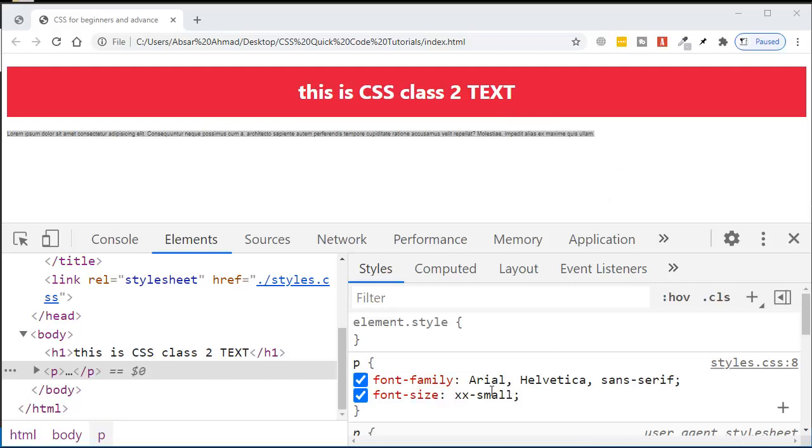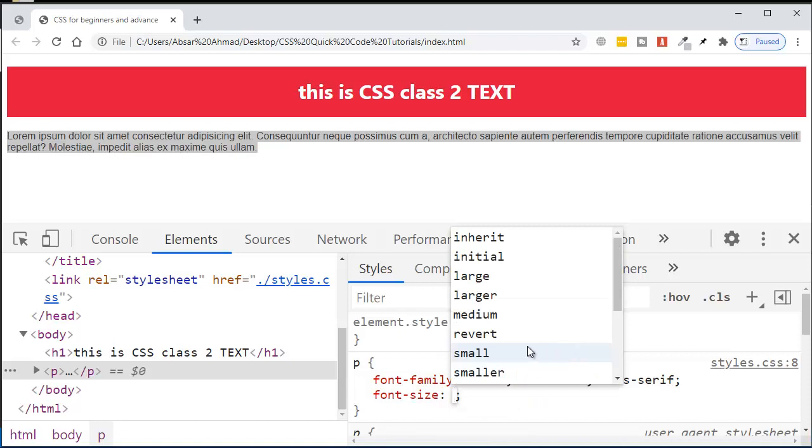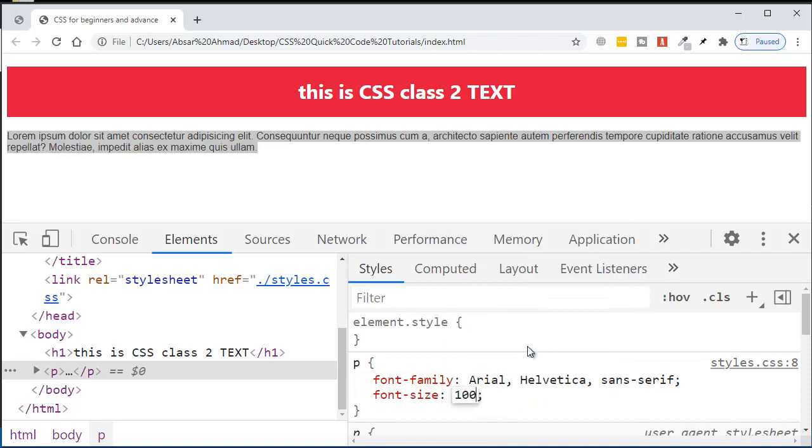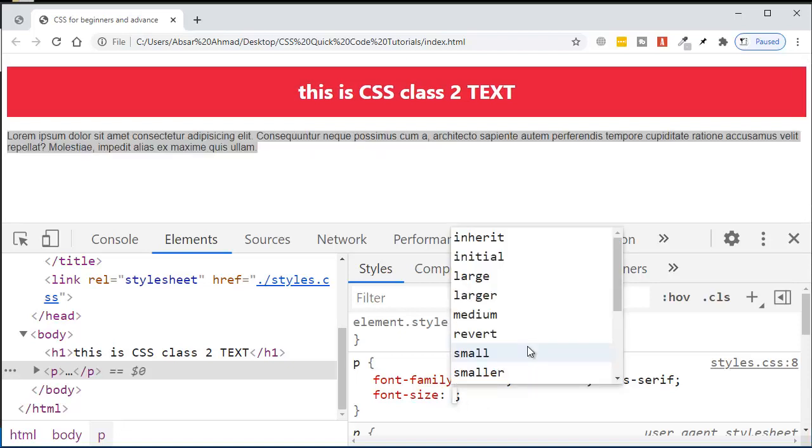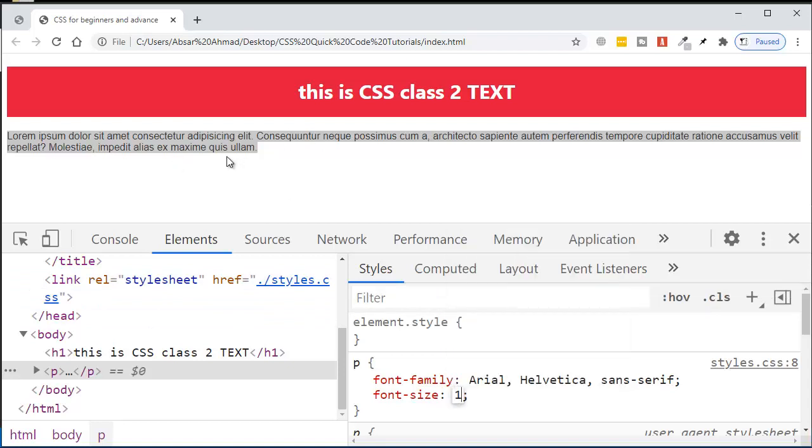Now you can use your own properties and values here, like I want it from 100 pixels. You can see it is checking live, so it is applying your values and properties live. So it is very good in some cases. Now I want it for 18 pixels,